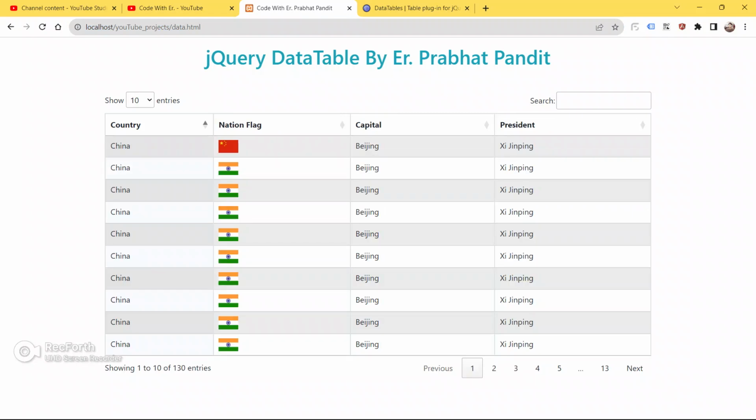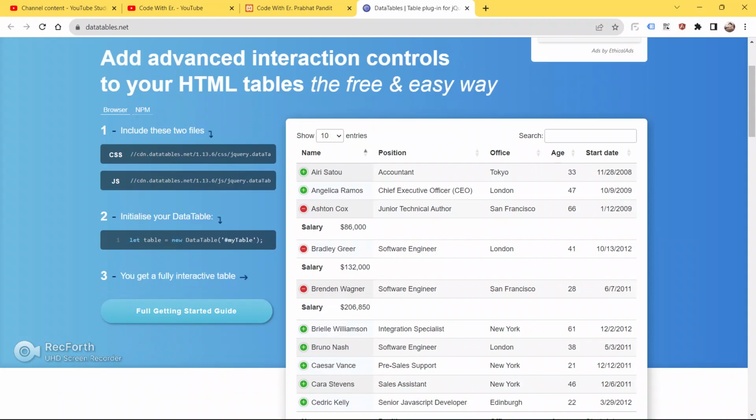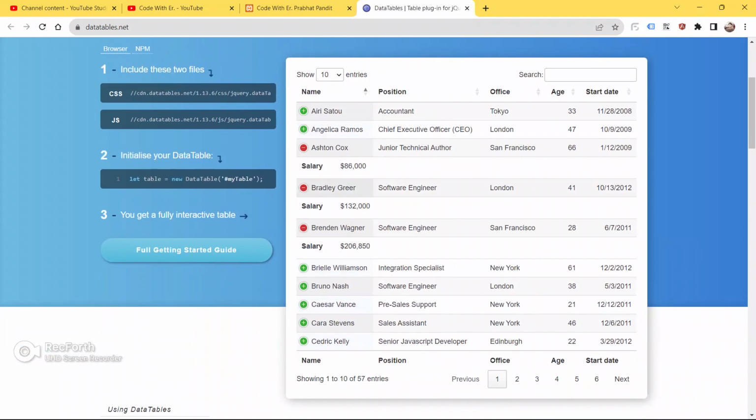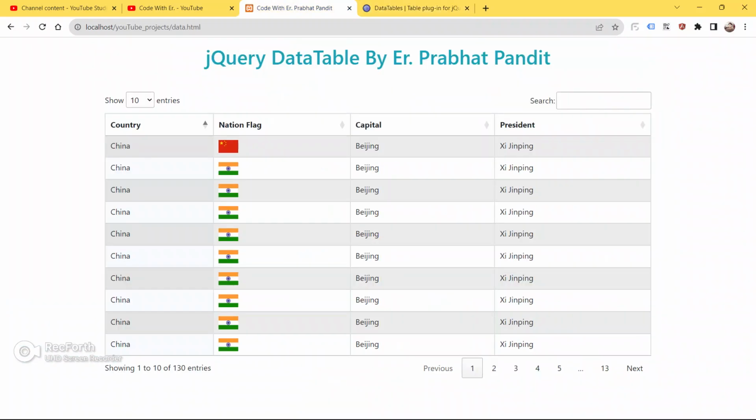So guys, to show you, I have already built an example using HTML, CSS, JavaScript, and this data table. As you can see here, I am able to display images here also. Here you won't be able to see images, and you won't be able to find how to display images in your data table, but in this video I will tell you how to display images also using this data table in your table, in your entries.